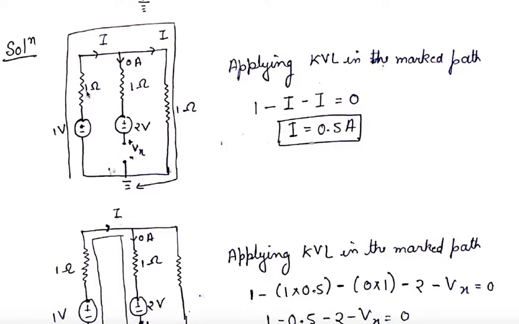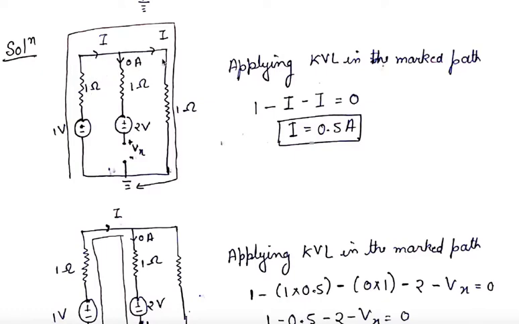Then we are going in the direction of current, so the voltage will come as negative, from positive to negative. The current always flows in the direction of positive to negative. So here the voltage will be in the polarity of positive to negative. And when we go from positive to negative, the polarity which will come is negative, that we have seen in our previous lecture, sign convention. So here -1, then here current I is flowing and voltage is equal to I cross R, and R is 1, so it will be -I.